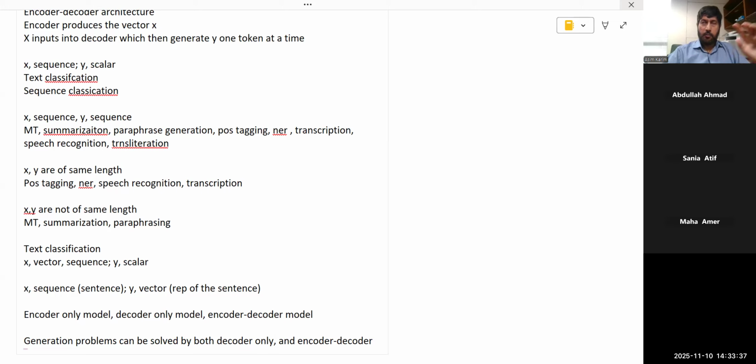ठीक है। यूजुअली एनकोडर डिकोडर हम वहाँ यूज करते हैं जब आपके पास इनपुट और आउटपुट सीक्वेंसेस की लेंथ डिफरेंट है और इनपुट और आउटपुट डिफरेंट डोमेन से आ रहे हैं। सो फॉर एग्जांपल मशीन ट्रांसलेशन की बात हो रही है, तो एनकोडर एक लैंग्वेज में होगा, डिकोडर दूसरी लैंग्वेज में होगा, तो वहाँ एनकोडर डिकोडर यूज करेंगे। But let's say if you have trained a decoder on all languages, maybe you can put it in that decoder, वही आपको generate कर देगा। So in that case, what is happening is in context learning हो रही है आपकी। जिस तरह आप जीपीटी यूज करते हैं, आप कुछ मैसेज देते हैं, उसको कहते हैं कि इसको मुझे ट्रांसलेट कर दें, तो वो ट्रांसलेट कर देगा। तो रिमेंबर, जीपीटी इज ए डिकोडर ओनली मॉडल।